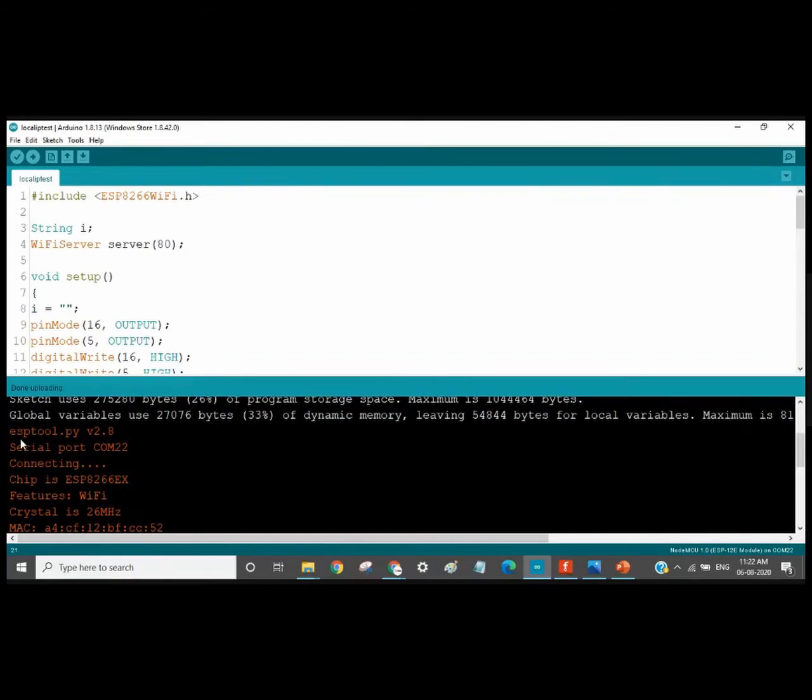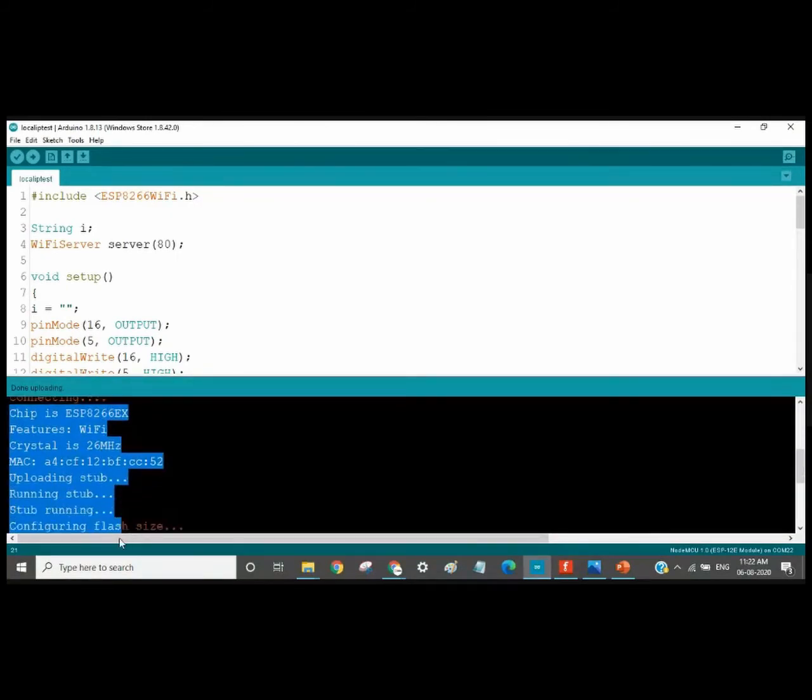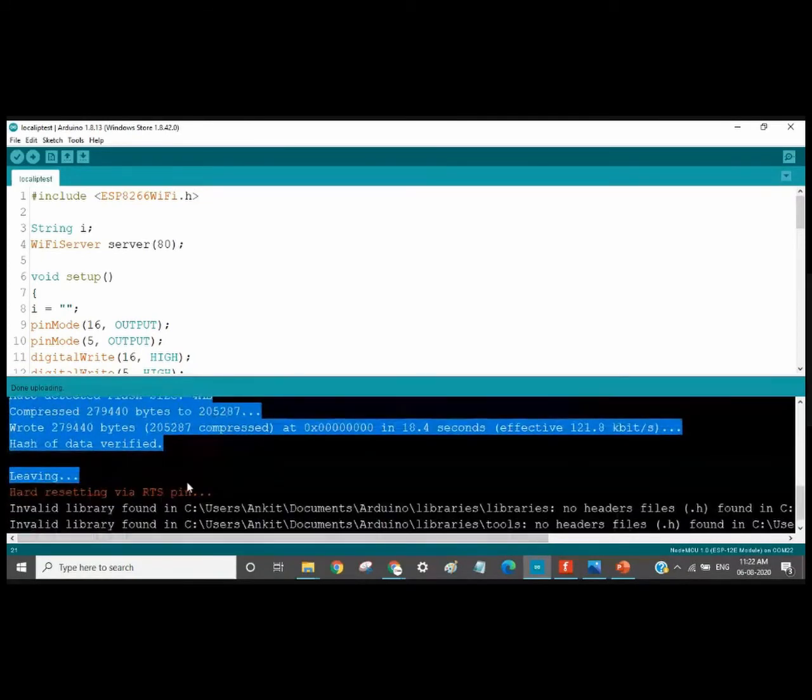But the most important thing which we will see here is, see, the code was being written through serial communication. So we require the serial port to be defined. If you are not giving the serial port properly, then no data will be written to your board. Okay. So our board was connected to COM22, hence it connected to COM22, then it displayed the type of device which you have, right? And then it uploaded the code.